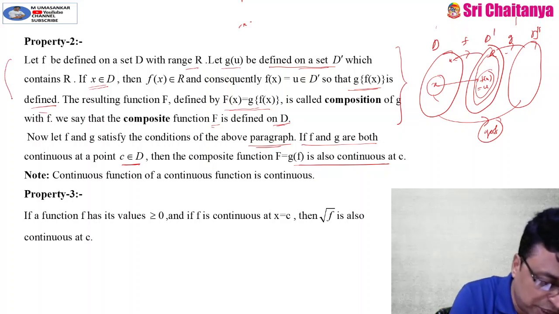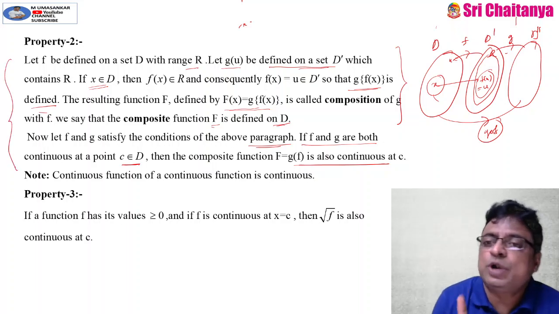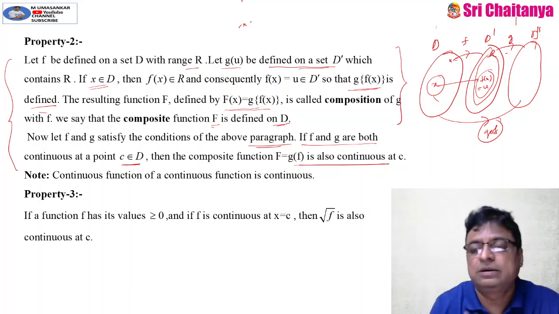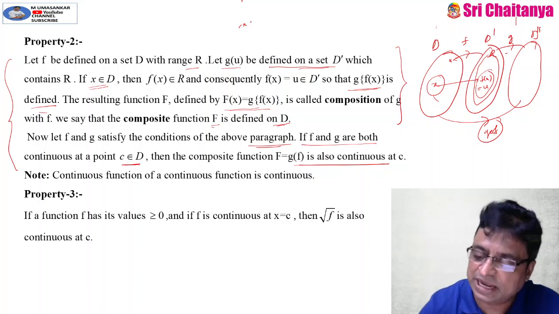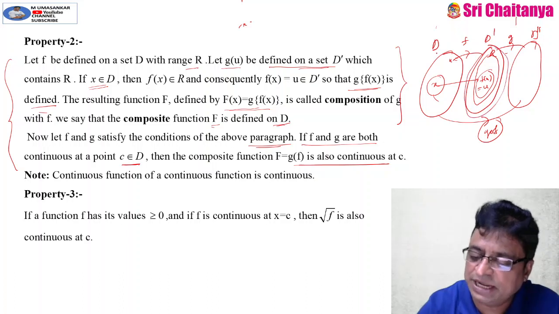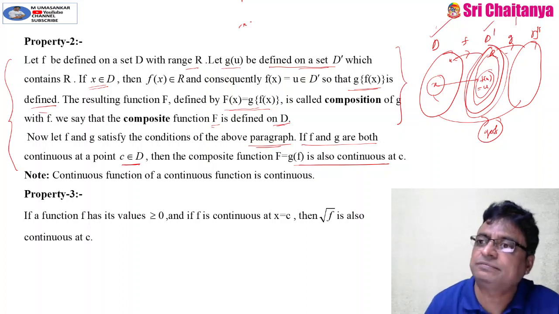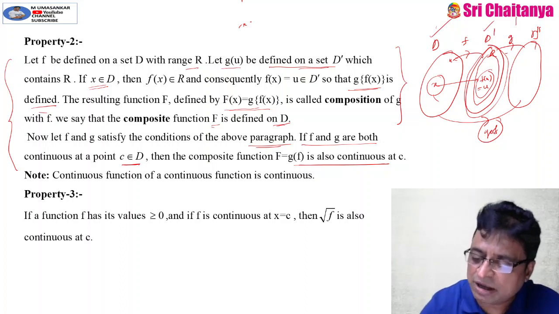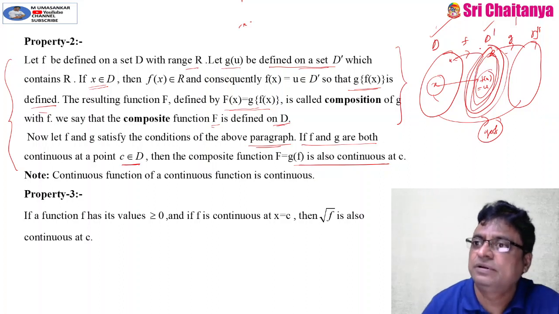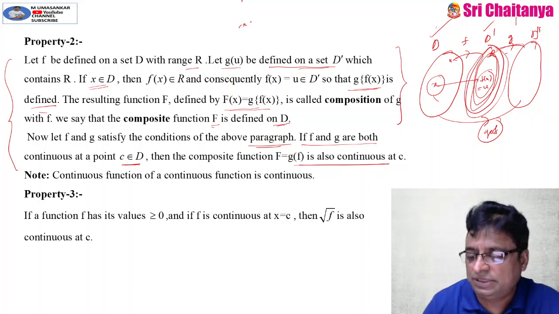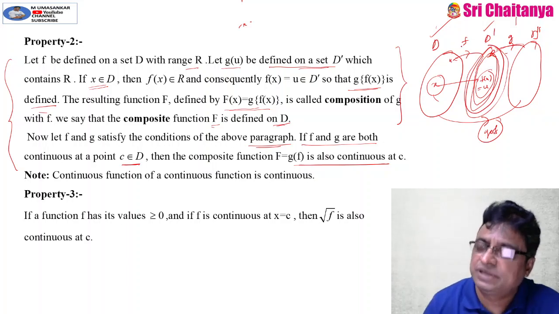Based on this particular area, even in 2020 questions were repeated. Please try to understand it properly. Again, what is my f? It is a function from D to D dash. What is D? This is the domain of f. And what is D dash? It is the codomain of f. And what is R? It is the range of f. And g is from D dash to some other D double dash. x is a point in the domain, f is defined at x.